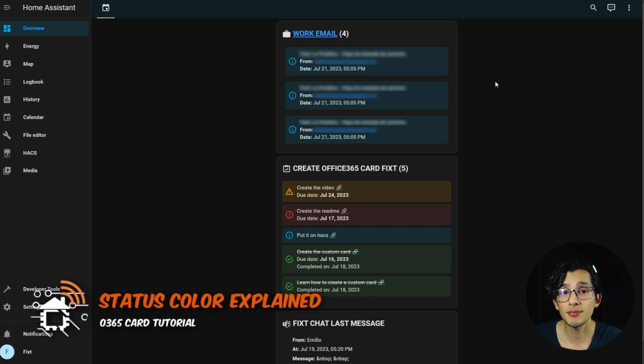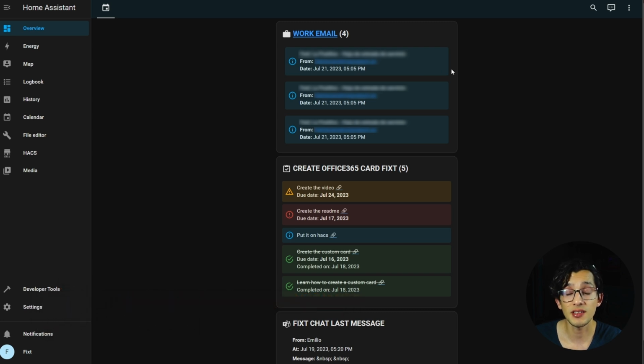For the email, the item's color represents the importance. If it's normal, it's going to show blue, and if it's high, it will be red. For the tasks, we have more states. Here, the color represents the state and the due date. For example, if a task has a due date, but it's not overdue yet, it will be shown as yellow. If the task is already overdue, it will show red. If it doesn't have a due date and is not completed, it will be blue. And if it's completed, it will be green. And that's it. With only one card, you get to use 3 different sensors.